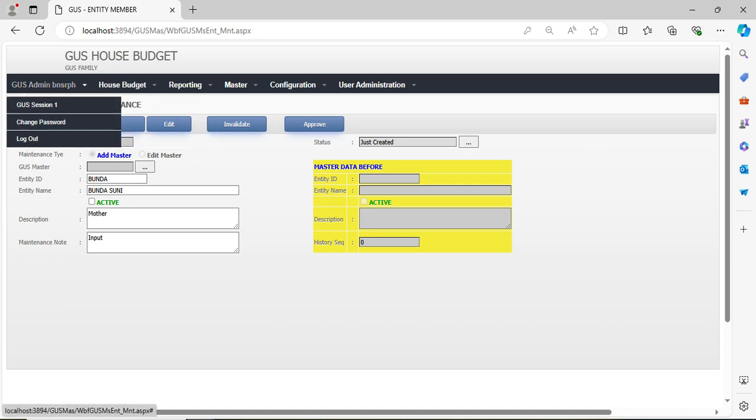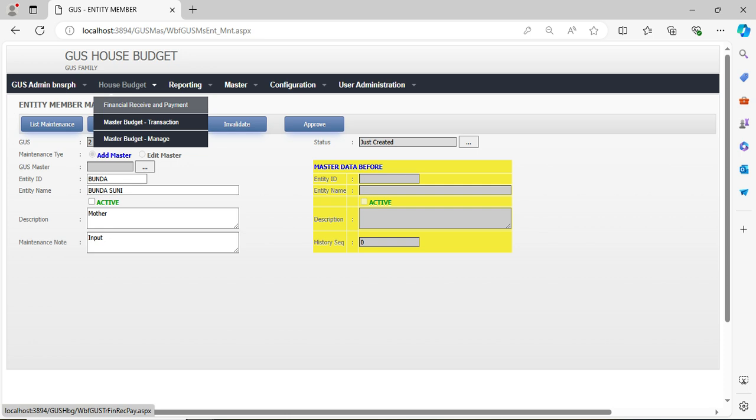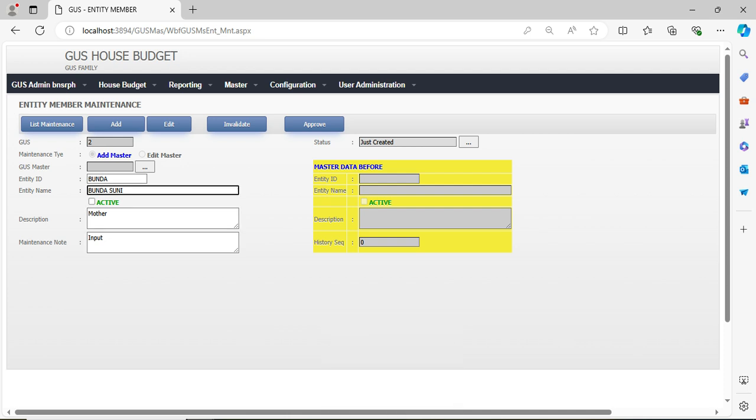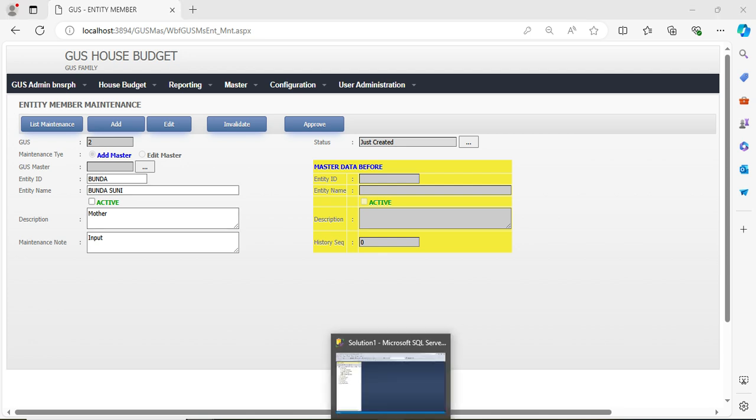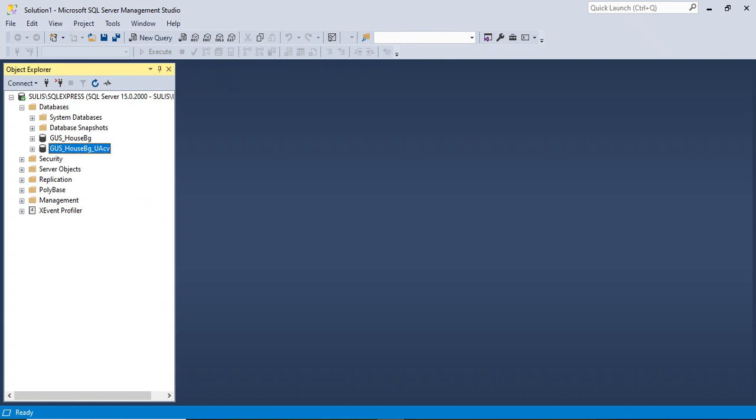And to develop this application, of course, we have to create a database to store data. This application will use an MS SQL database. Okay, let's open SQL Server Management Studio.